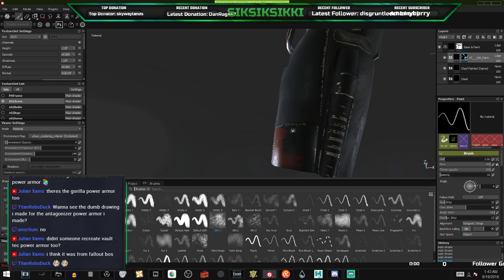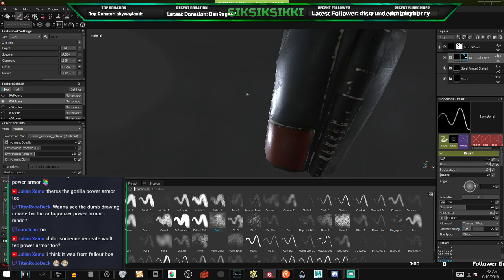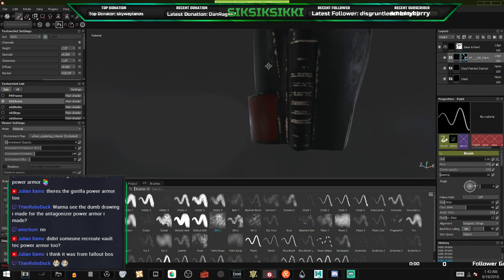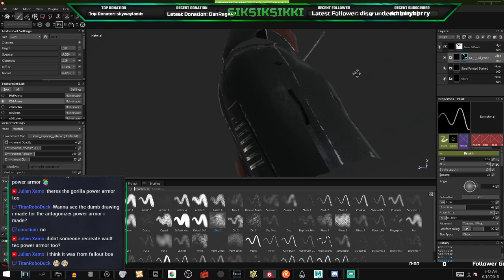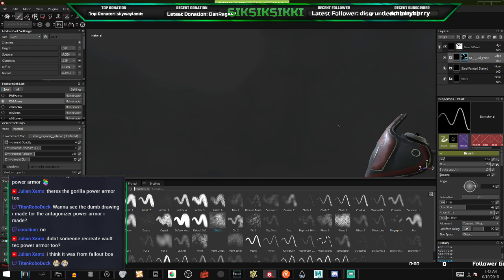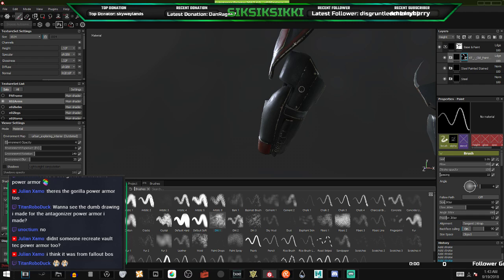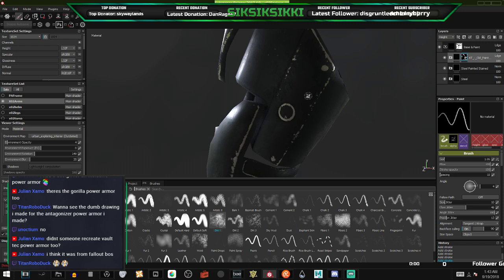Yeah, I think somebody did recreate the Vault-Tec power armor. That was from Brotherhood of Steel. Which was an interesting idea, at the very least, considering the collaboration that there was between the United States military and Vault-Tec. You'd think that that's actually a really good idea, but instead, canon-wise, Bethesda decided that there would be a Vault-Tec paint job instead,